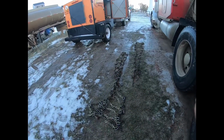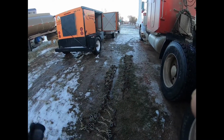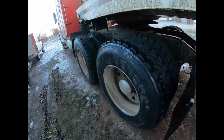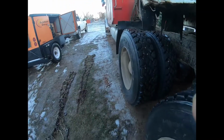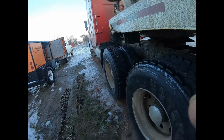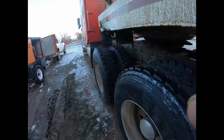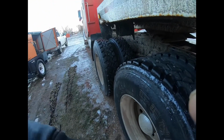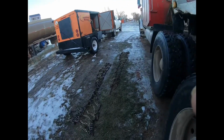The other thing is, I got a set of triple rails, set of singles. The way I chain up on this particular truck is triples on the back, set of singles on the front, depending on how the conditions are. So you can run triples on the front, singles on the back, triples everywhere, singles everywhere. You can do whatever, but that's what I do. So another thing is,